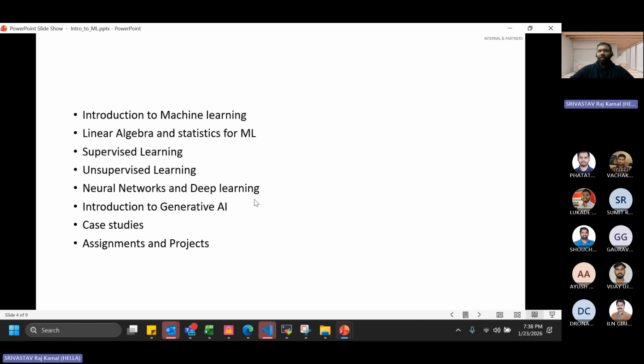And then you all have seen that nowadays ChatGPT is more prominent. So what actually brings ChatGPT to this level? Earlier, if you go to 2023, there was just something known as transformers, which was the basic building block of today's ChatGPT. That was a package written by one of our scientists, and eventually all the companies used that package to make wrappers on top of it, which is currently known as ChatGPT and Claude. Then I'm going to share some case studies with you all, which would be coming from your areas, and then basic assignments and projects.